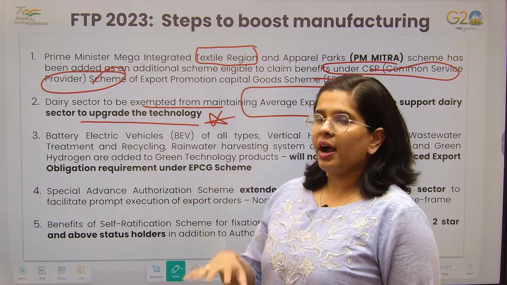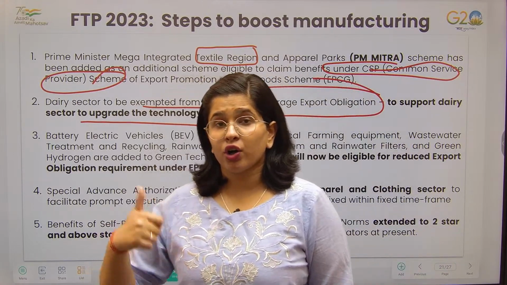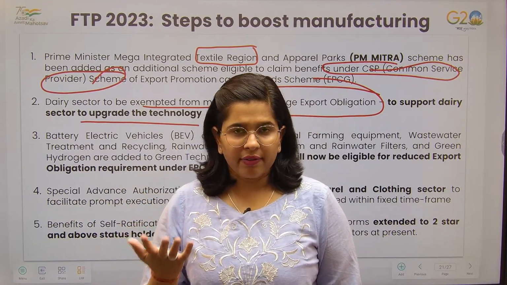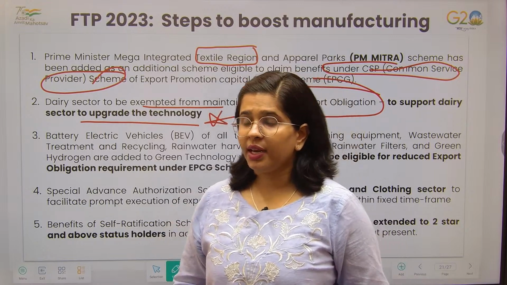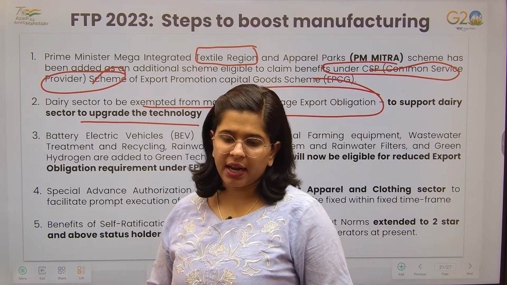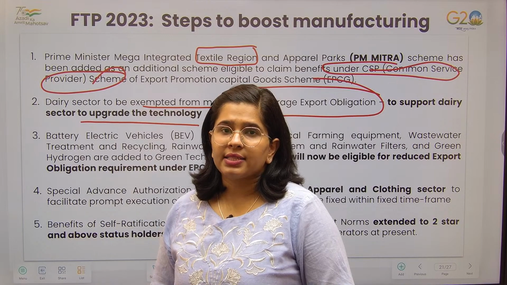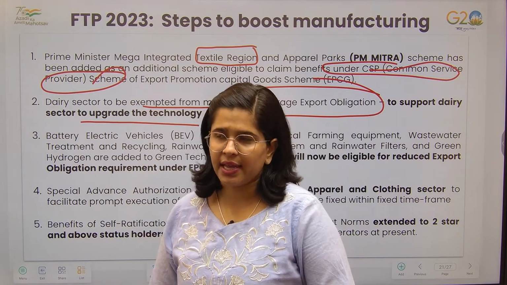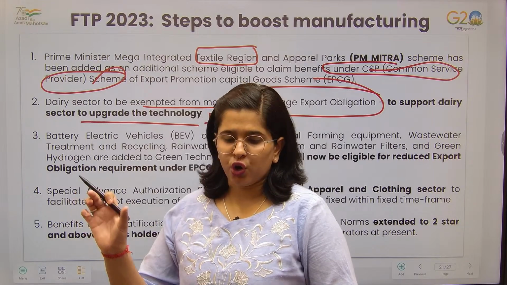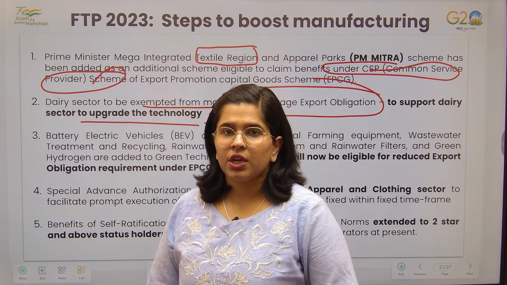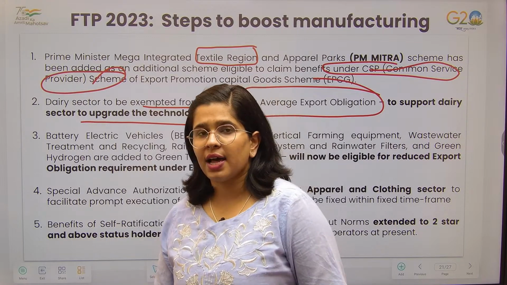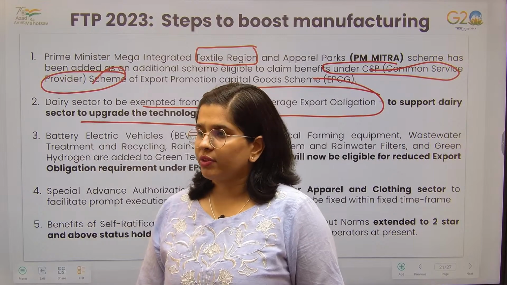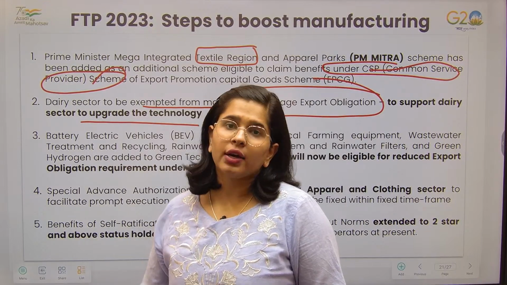If we compare our dairy sector with the dairy sector of Australia and New Zealand, I do not know how many of you are aware about it, but India was supposed to enter an FTA called the RCEP, Regional Comprehensive Economic Partnership, something like that. RCEP was its short form, and this was the association of the ASEAN countries as well as Australia, New Zealand, China, Korea, right? Such kind of countries were there. But India walked out of it.